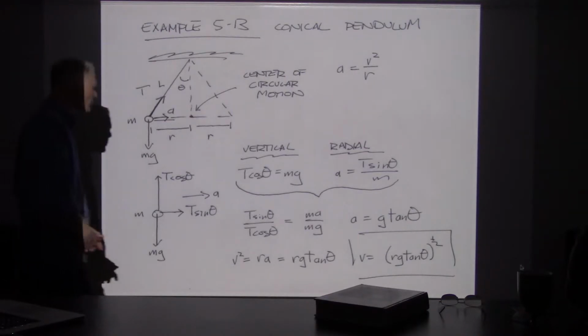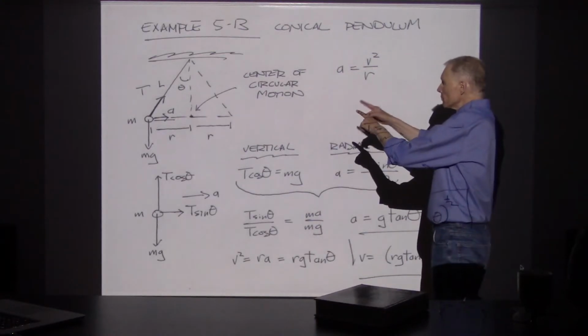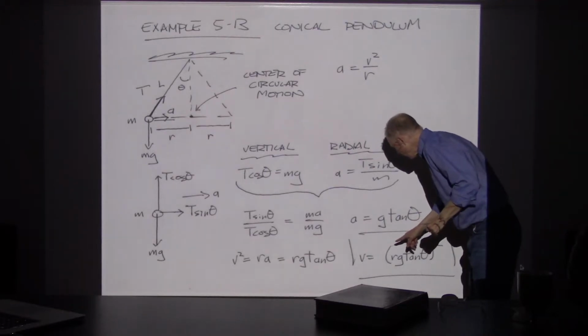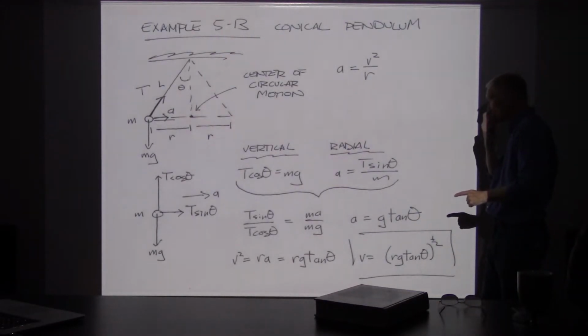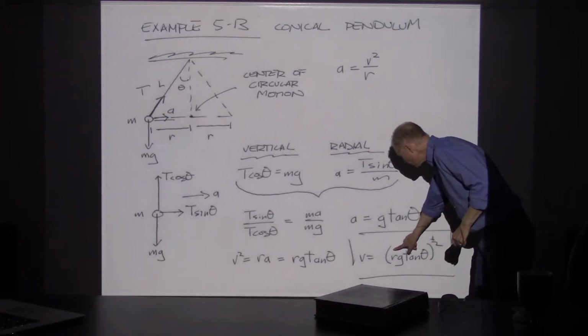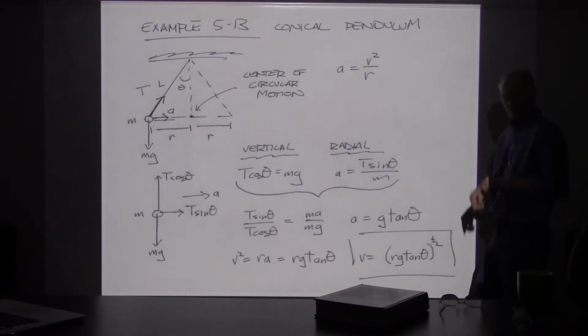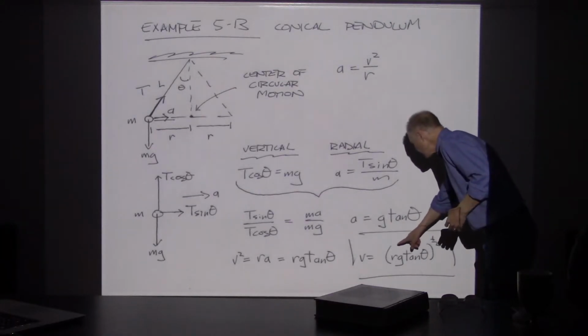And so taking this formula, it says that for this motion to be taking place, the speed at which this will be rotating is going to be given by the square root of r g tan theta. So it does depend on what planet you're on. If there's a larger gravitational field, you're going to need a bigger speed for a given angle. And it depends on the